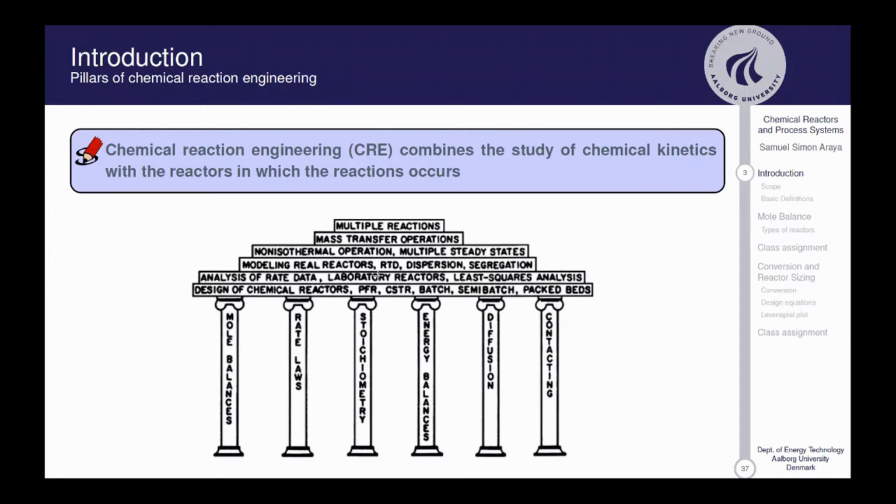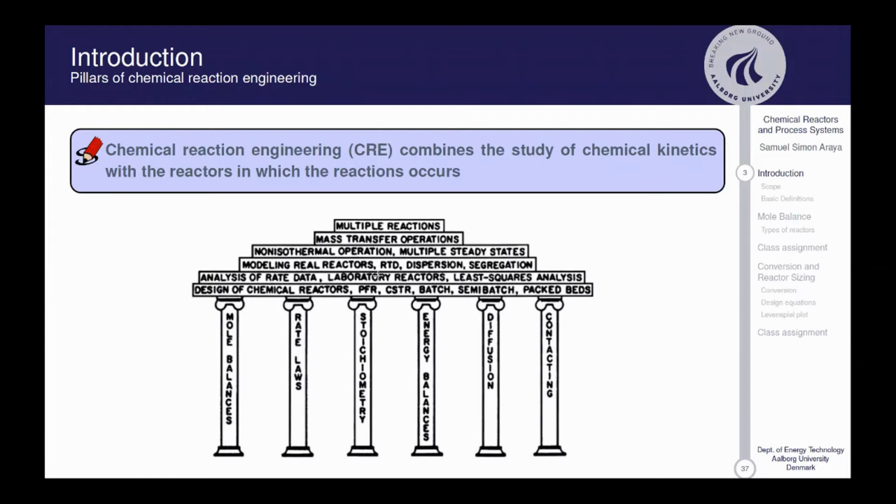We have, as you can see, the main pillars of chemical reaction engineering being the mole balance, because in every chemical reactor design, the most important thing is the mole balances. So basically the reactants, so how much of them do we have, and how do we want to proceed. And then we will have the rate law, so the rate at which they happen, and the stoichiometry, which is